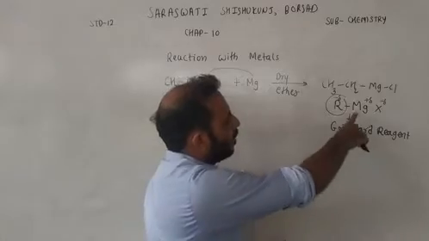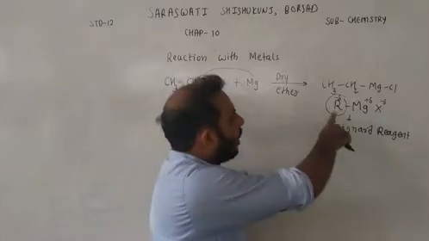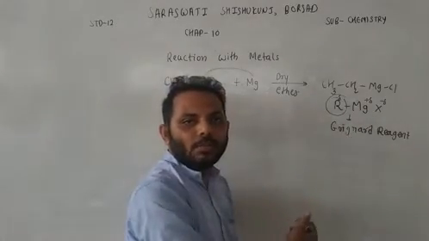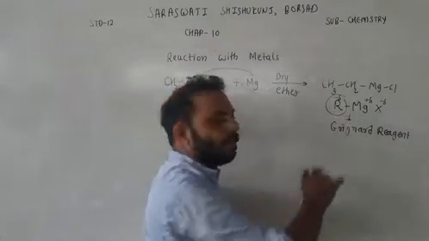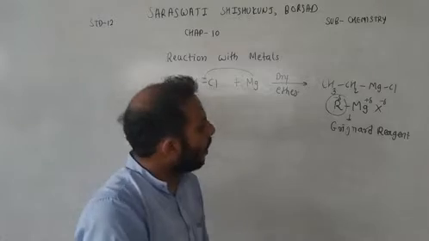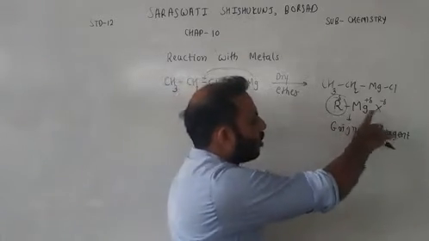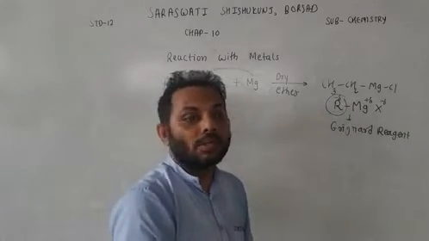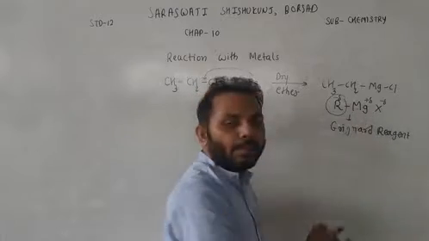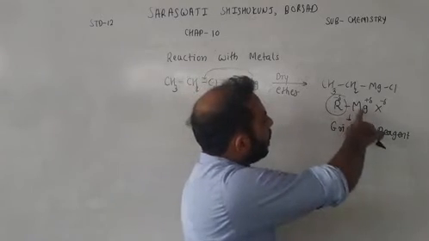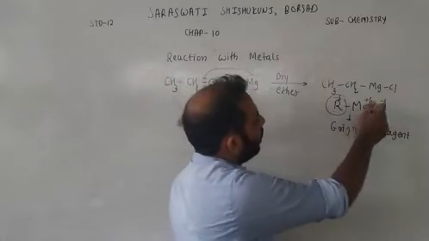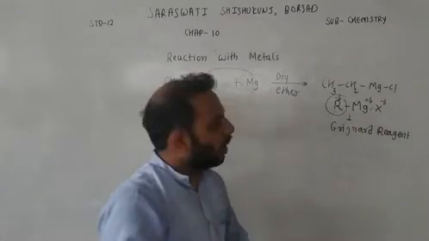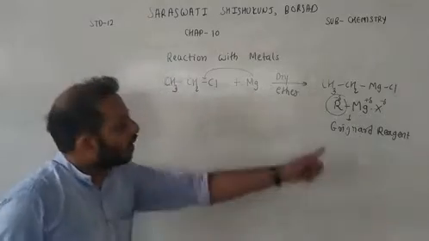But because magnesium is electropositive, this alkyl group will attract the bonded electrons, and it will have partial negative charge, and magnesium will have partial positive charge. Whereas between magnesium and halogen, there is an ionic bond. So this positive charge will attract negative charge of halogen. So this is ionic bond and this is covalent bond. So this is Grignard reagent.